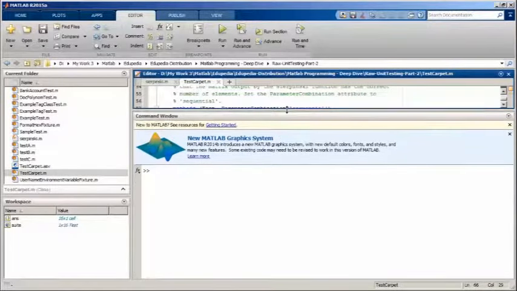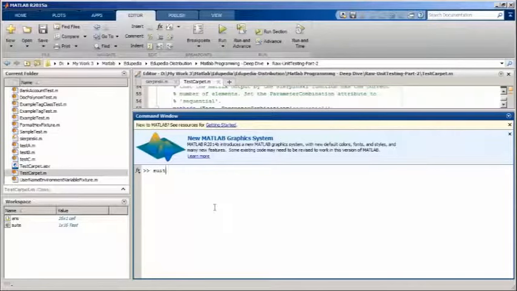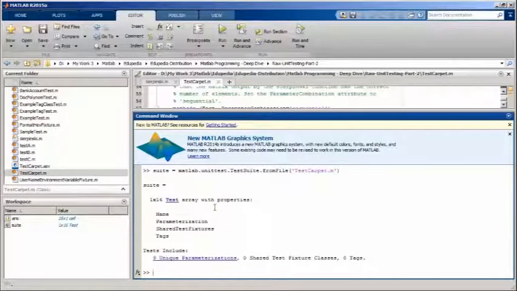Now let me create a suite out of this test case. So I'm going to create a suite, and I'm going to refer to the MATLAB unit test suite library, from file, and I'm going to pass this file, that is the TestCarpet.m. So from this file I'm going to create a suite. Now let us see how many test cases are created. So I'm going to refer to the name property